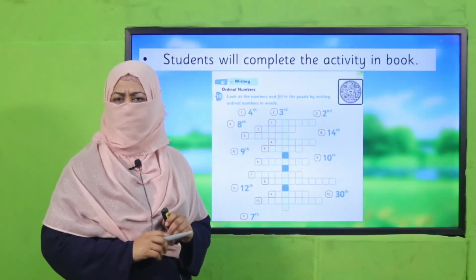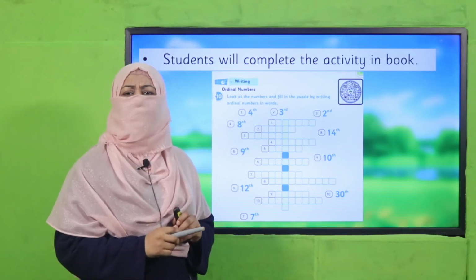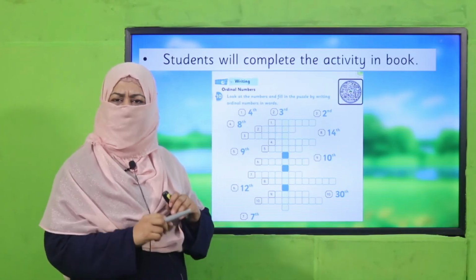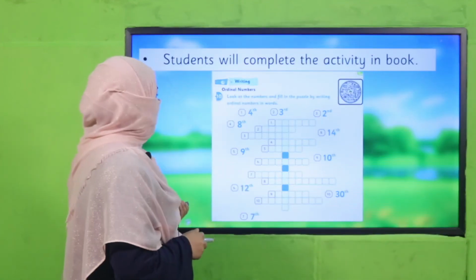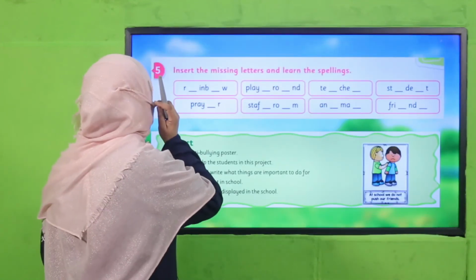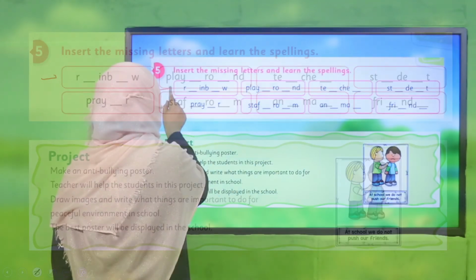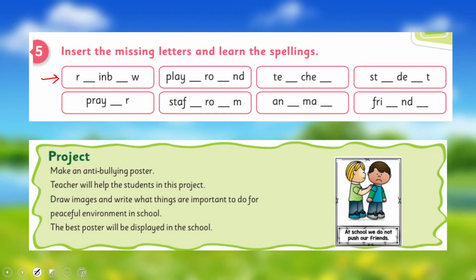Yes, my dear children, all of you are done. Good job. Now, do you know how to spell and how to write and how to say 1st till 30th? Good job. So the next thing which we are going to do today is the missing words. You will say the word and you will write the missing letters, whatever you know. And if you don't know, you will raise your hand and you will talk to your teacher. The next thing is, teachers, kindly facilitate students to complete this project.